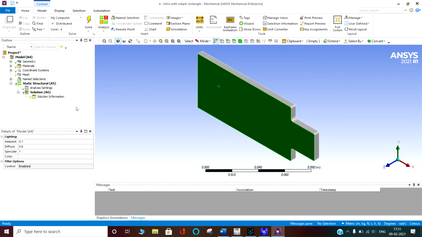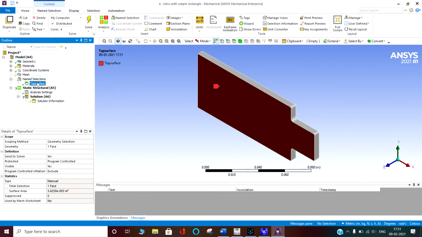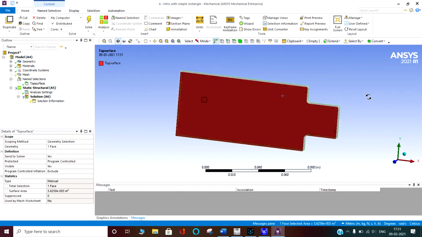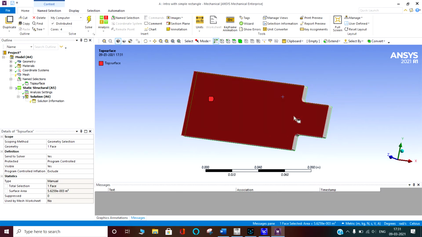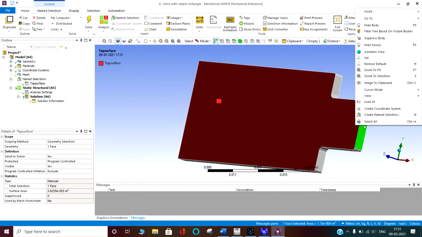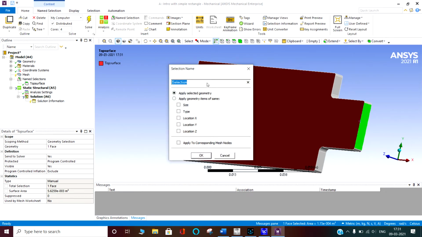So you can see top surface has come here in the name selection. Similarly, you can select this one and say bottom surface or anything. This top surface we are not going to use, but we can use the created name selection.